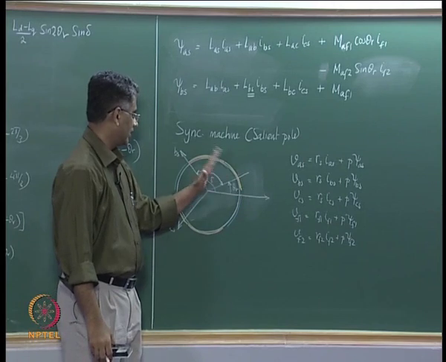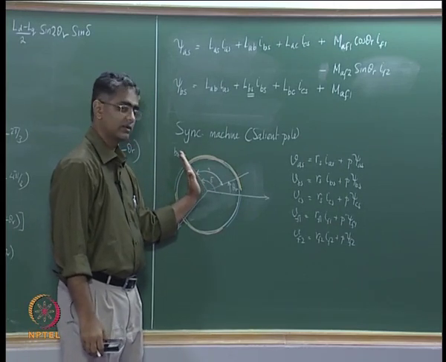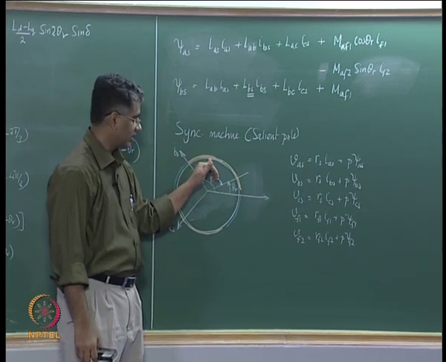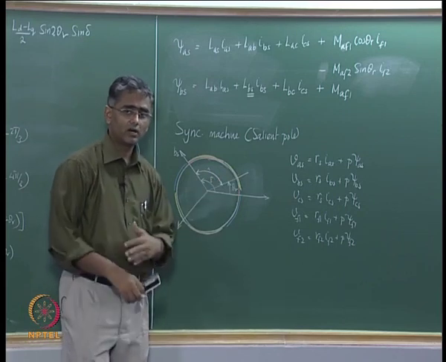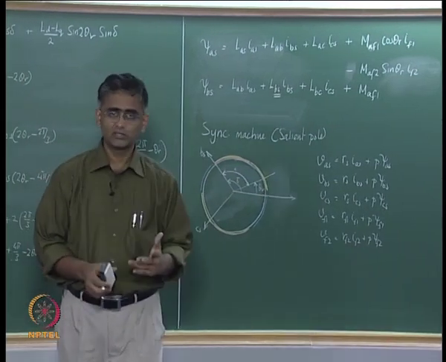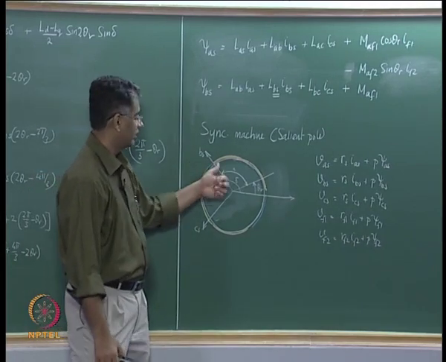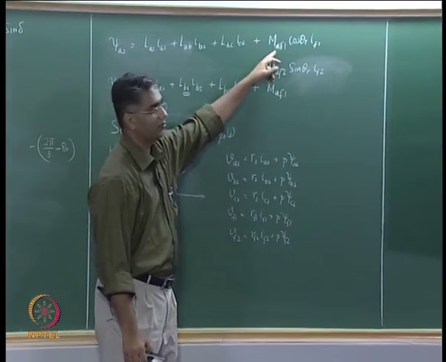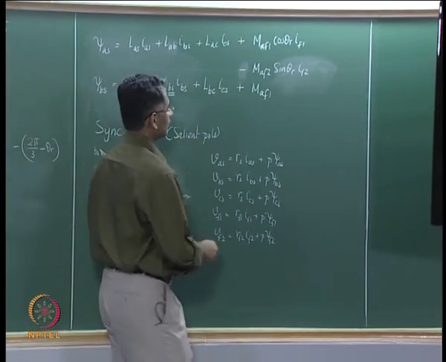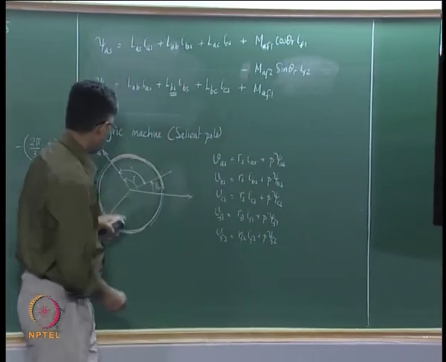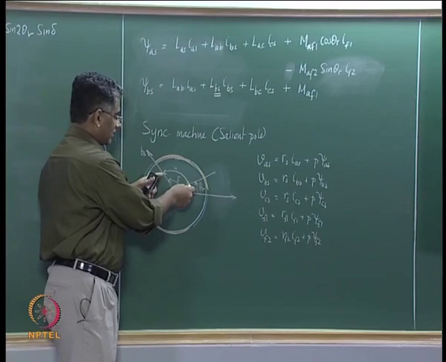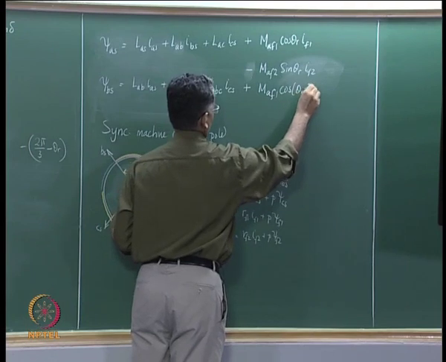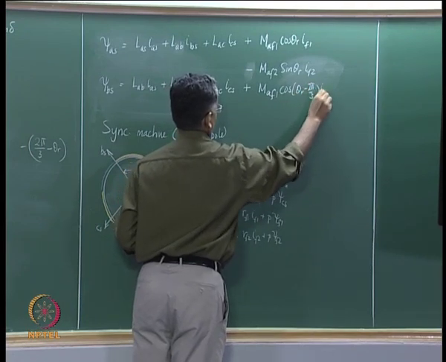Had the rotor been aligned with that of the B phase axis, the inductance would have been maximum, and since the A phase coil, stator and the B phase winding of the stator are not really different in the number of turns, the maximum value of mutual inductance would still remain the same, and therefore this is still the same MAF1 multiplied by cos of theta r minus 2 pi by 3 times IF1,